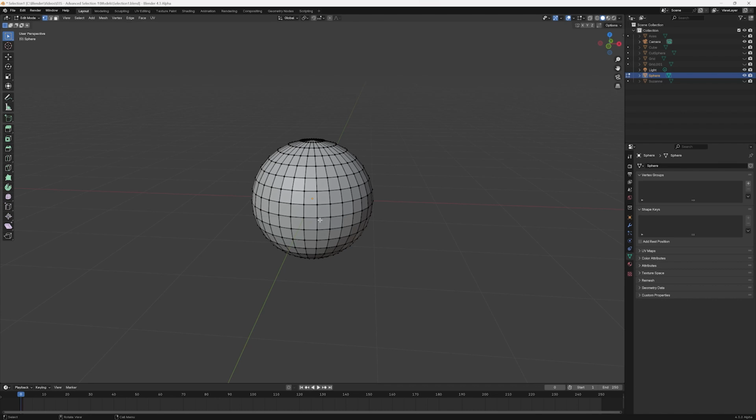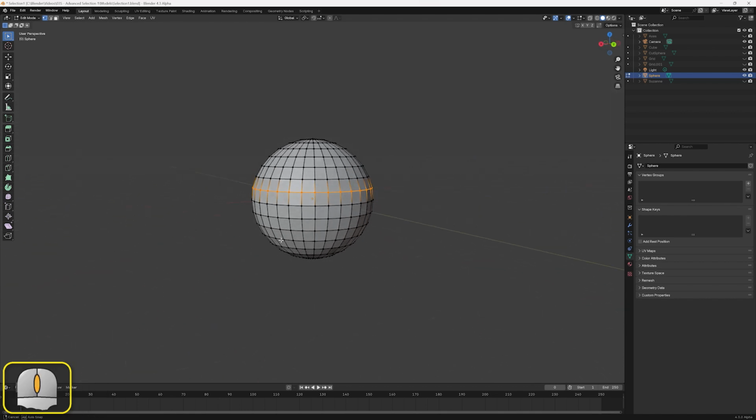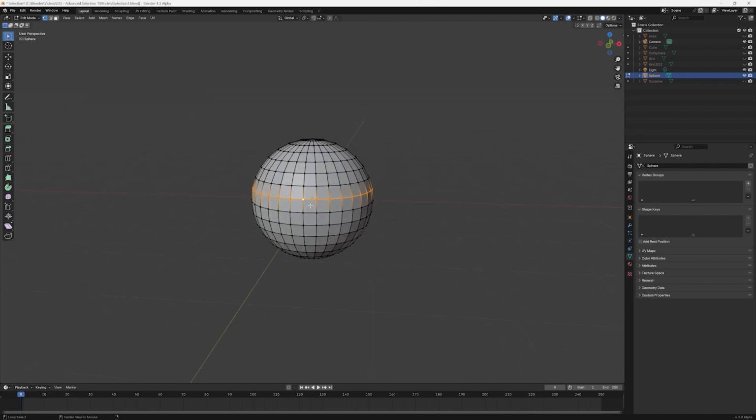The first of the advanced selection techniques allows us to quickly select a circle or line of elements. If we hold down the Alt key and click on an edge very close to the left or right side of a vertex, Blender will automatically select all the vertices in that horizontal ring. If we click just above or below the vertex while holding down the Alt key, half a vertical loop will